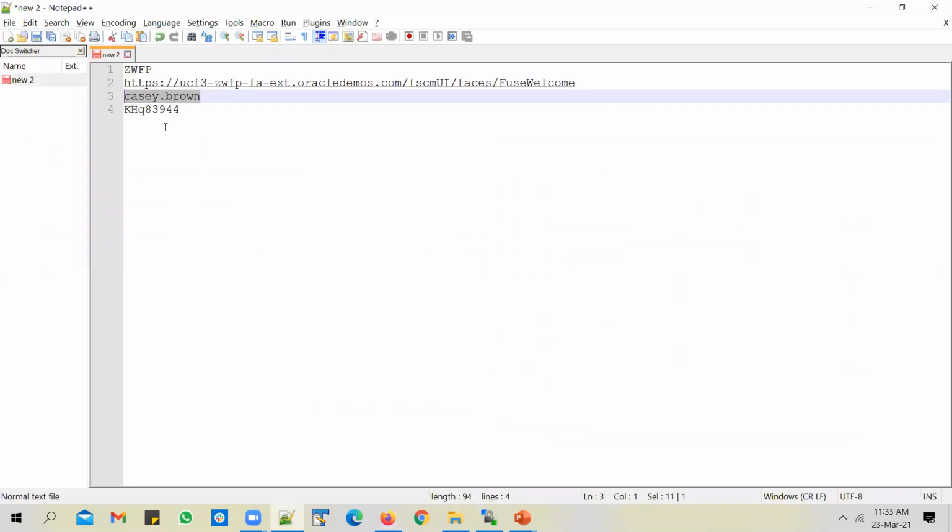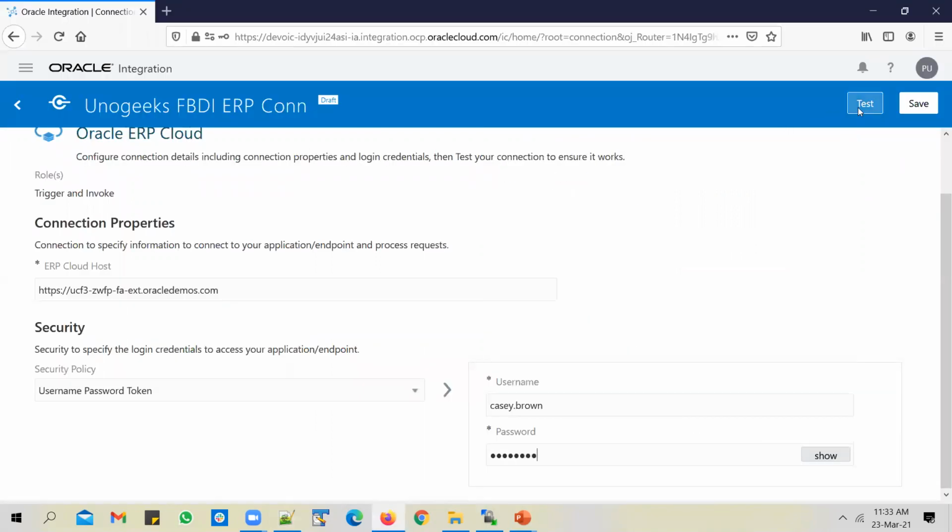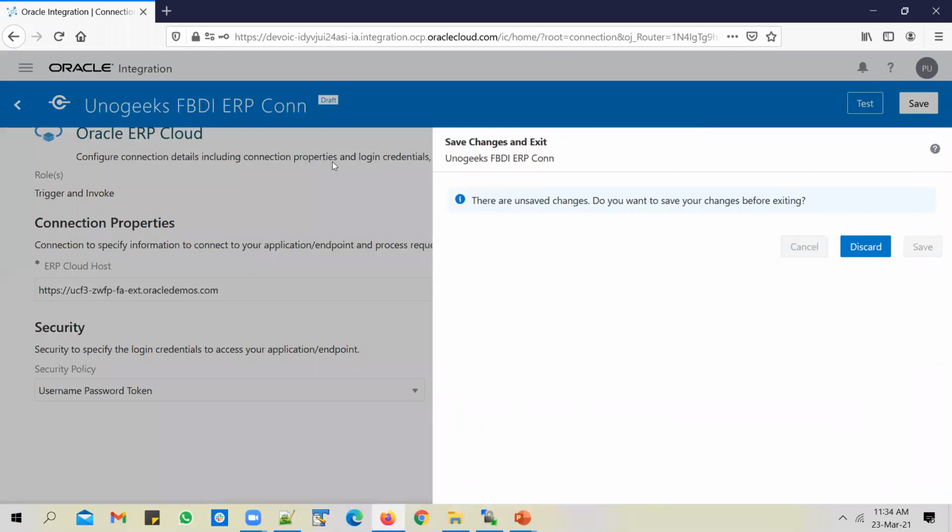You can enter Casey Brown and the password. Test the connection. You should see a successful confirmation message soon. Okay, it's tested successfully. Let's go back and build the integration now.